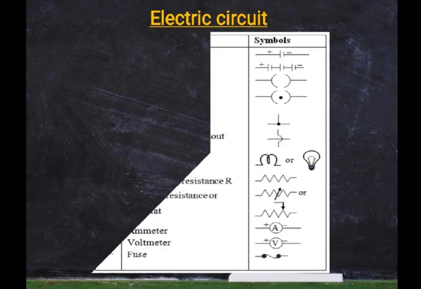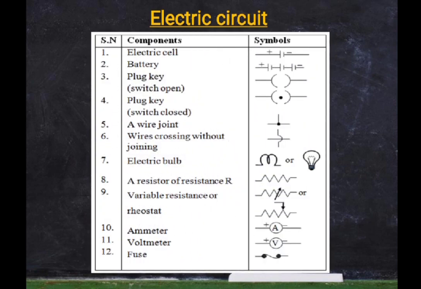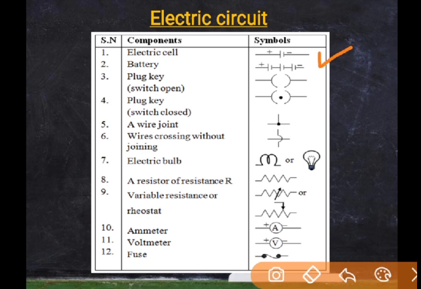Now this chart depicts the symbols which we use in electrical circuits and the components for which they are used. So it is very important, please pay your best attention. Now, the electric cell: there is a larger line and there is a smaller line. The bigger line is for the positive terminal, because as per the convention the positive charges are at higher potential. So plus means a longer line, and minus a shorter line, and there is a gap between them.